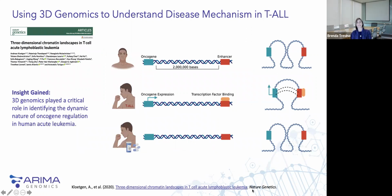This is a very interesting study. This was done by the Afontis and Sirigos labs at NYU. And this is all published data that you can look at in greater detail. And what you see here is a healthy population with a MYC oncogene here, an enhancer about 2 kb away. When you're looking at the linear genome, this is all the information that we have. However, when you look at the 3D genome, we can see that there are 2 loops that prevent the MYC oncogene and this enhancer from